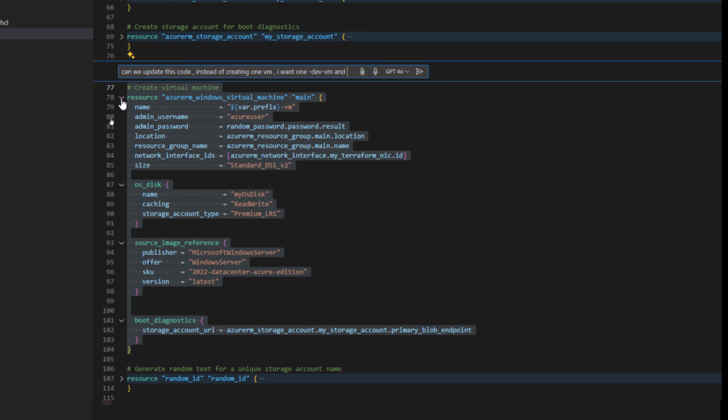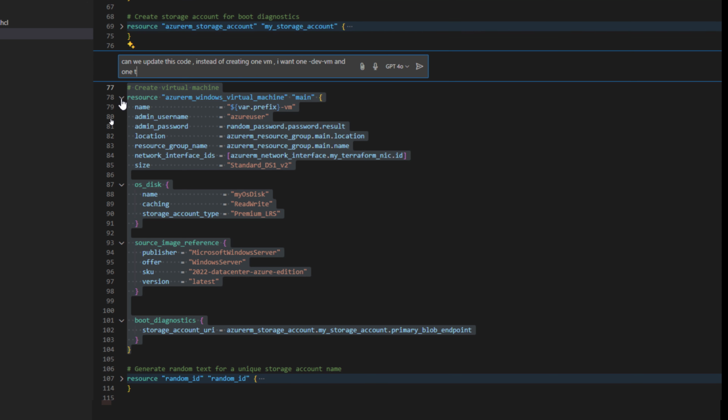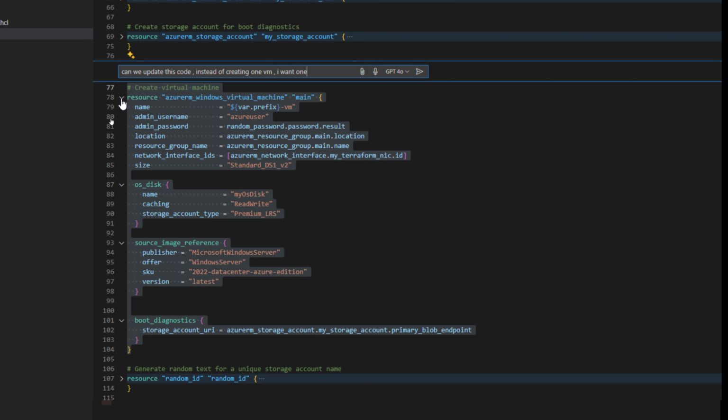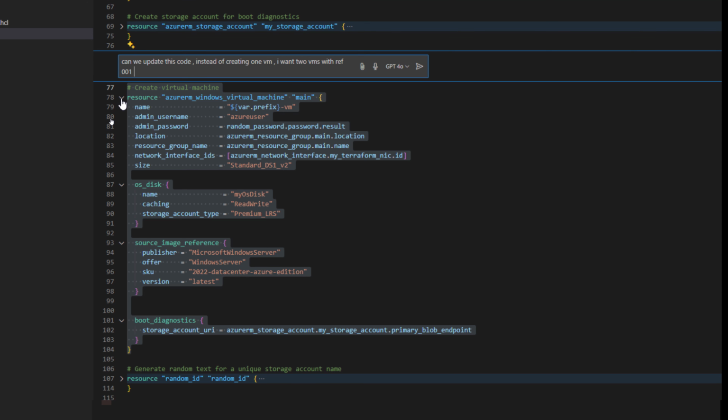I want one for dev environment and one for production environment. All right, or maybe test environment. So I want this code to be updated in order to create, instead of one virtual machine, two virtual machines, one for dev and test. And I can even give the increment, so 001, 002. So like that, the more precision I give to GitHub Copilot, the more he will follow my steps and